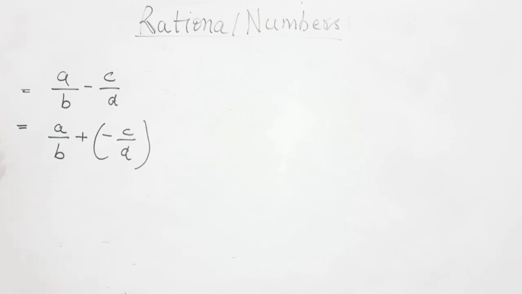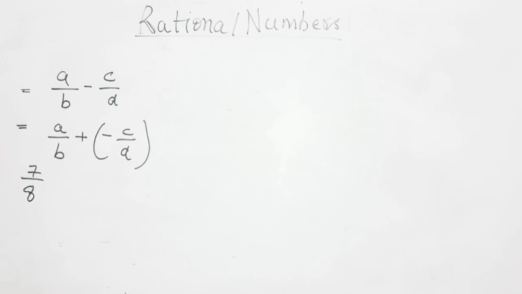So if there is a rational number a upon b, right, and we have to subtract from it a rational number c upon d, we are subtracting it like this, and can we write like this? Plus minus is minus. So we can say that a upon b plus the additive inverse of c upon d is the subtraction of a by b minus c by d, right? Now taking some examples to make it clear, if I ask you to write the additive inverse of 7 upon 8, what will be the additive inverse of 7 upon 8?